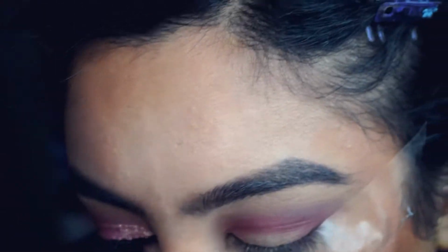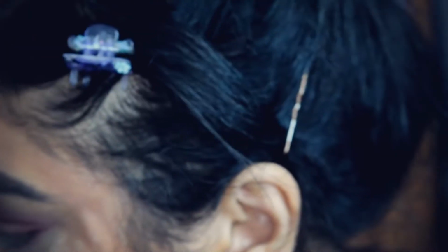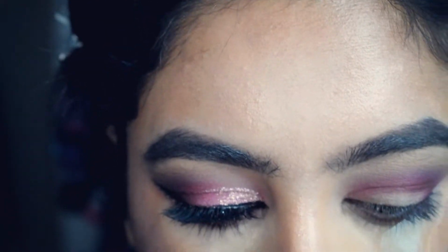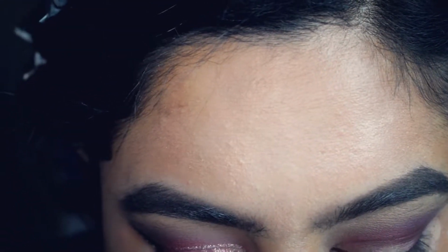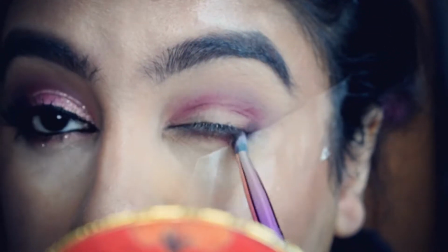Just like that. Now what I'm going to do is I'm going to go in, let me put this to the side because otherwise I'm going to make a mess. I'm going to go in with the Urban Decay shadow box and I'm going to pick up the colour Blackout. I'm going to use the Real Techniques brow highlighting brush. It's really good for shadow as well. So I'm just going to pack it on here